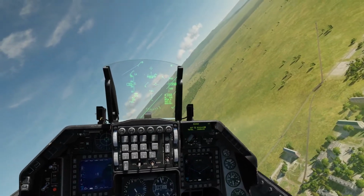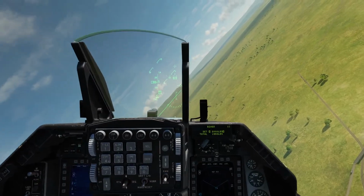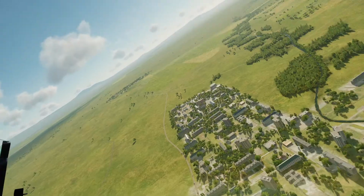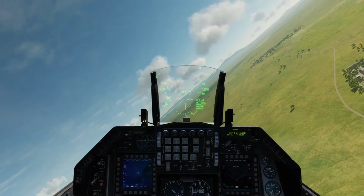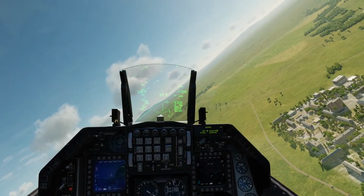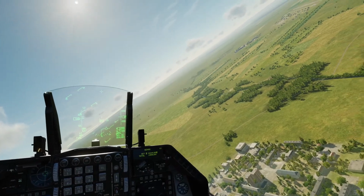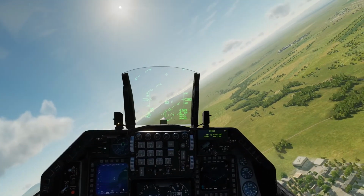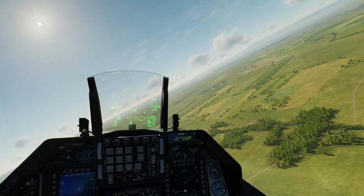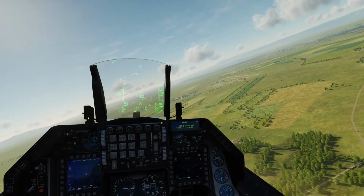Oh, just hit bingo fuel limit. So this one will be a full stop landing. And come in for a full stop this time. Now what I do for a full stop is when I aero brake, I leave the nose up and leave it at on-speed AOA with the green circle until the nose wants to just naturally come down. But I kind of hike it up as long as I can